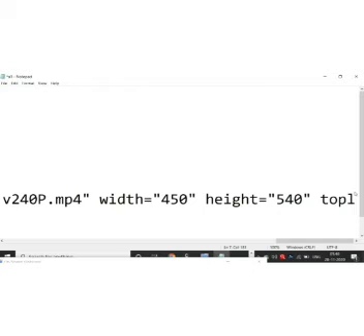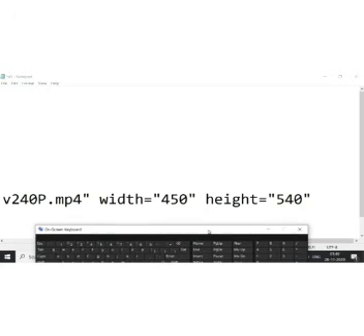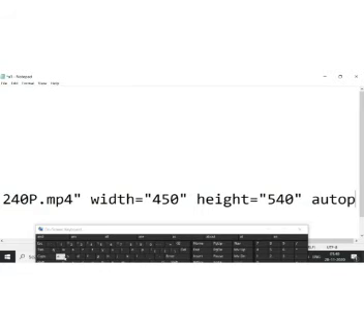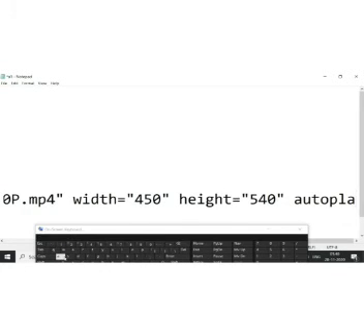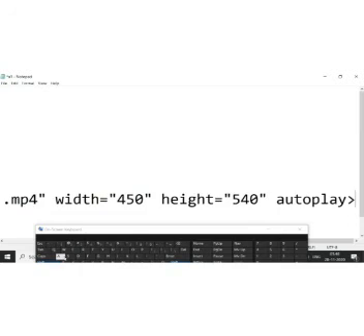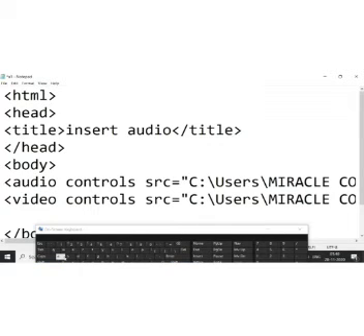And then here I write autoplay. Autoplay is the attribute that plays the file automatically when the web page is loaded. So as soon as the web page is loaded, the file starts playing automatically. Save it.